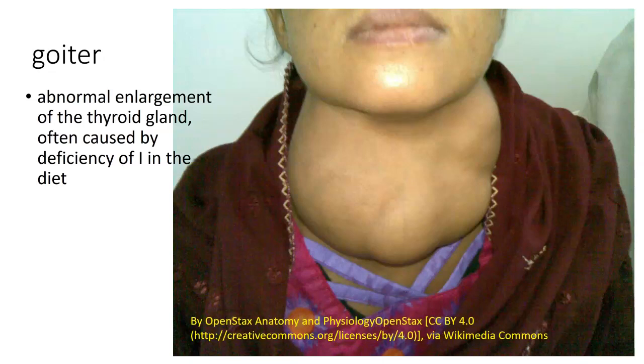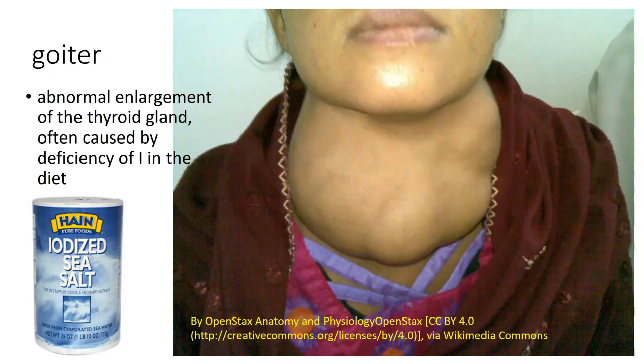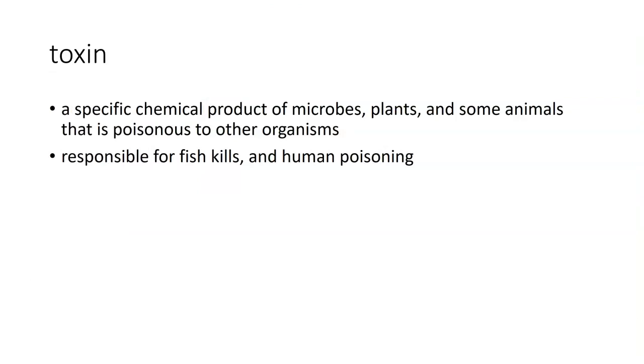Now, in this particular case, you see an abnormal enlargement of the thyroid, and this is really gross looking. What can you do for it at this point? Not much. But had this person consumed fish and seafood products during their lifetime, this would not have occurred. So nowadays we put iodine in the salt, and we call that iodized salt, to prevent a condition like this. So when we look at algae, there are a lot of very important things, and all of these become very interesting for us.